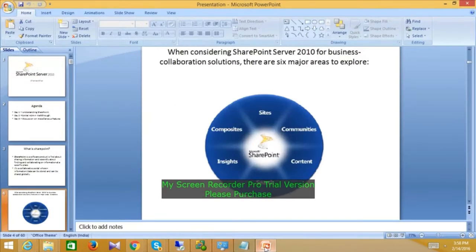Next, what is the next pillar of SharePoint? Communities. The communities functionality is very important in SharePoint. What is the community? Community is a centralized location where we can share data or knowledge. Suppose Facebook. You know Facebook, right? In Facebook, we can create our own community, then add our colleagues into that community. After that, if you post something, then only community people can see that information. Same kind of functionality Microsoft has implemented in SharePoint.